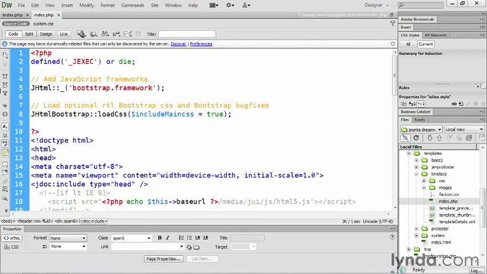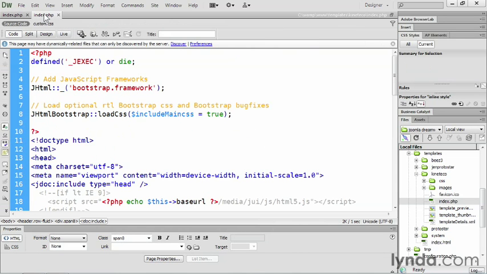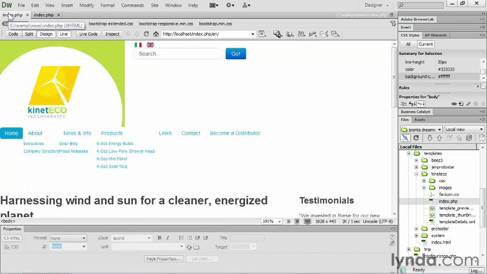Now, the disadvantage is that I've got an index.php that's open here, and now I have an index.php that's open here. But in the end, this index.php is really just showing me what the web page is looking like. And it's questionable how valuable that is. Of course, this is through Dreamweaver's editing screen, which you can never really trust for how something is going to look in the web browser. Remember, the only way that you know how something is going to look in a web browser is by looking at it in a web browser. So open it up in Firefox, open it up in Chrome, open it up in Safari or Internet Explorer if you want to see that. This is helpful as a quick peek to see what's going on, but I'm certainly not going to rely on it.